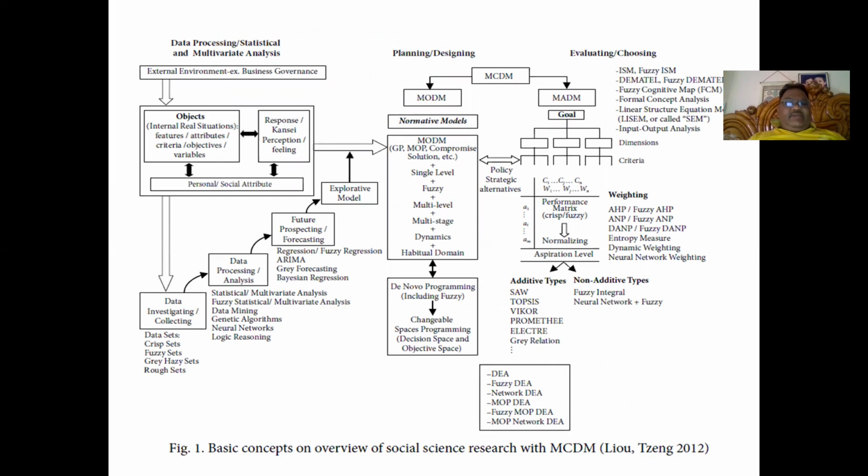The MCDM analysis includes fuzzy, gradient offset, then data mining, neural network, logical reasoning, AHP, TOPSIS, DEA analysis, fuzzy DEA analysis, network. So in my coming session, I will explain one tool. My focus will be MCDM, that is MODM and MADM. MODM means multi-objective decision making tools, and MADM means multi-attribute decision making tools. First we'll start with multivariate, then you go for the MODM model, then the MADM model in our coming session.